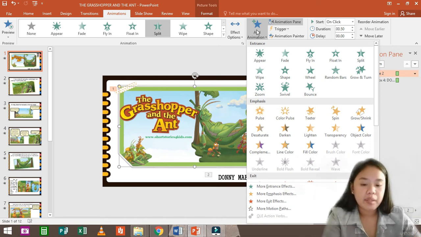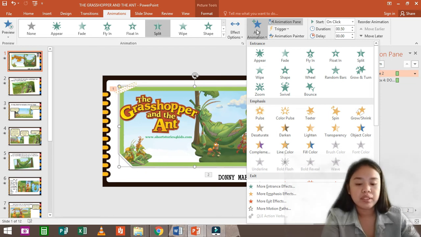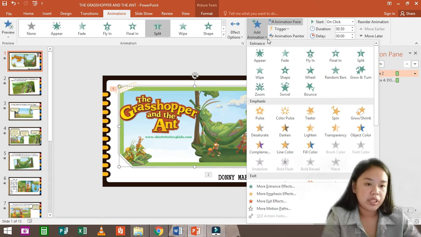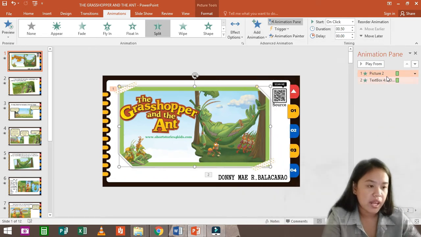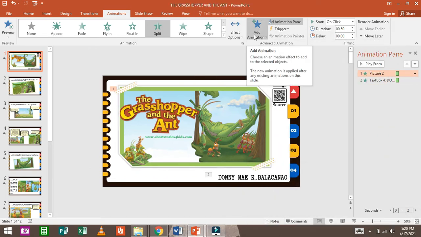You can add animation to any element in the slide, and you could select the title, bulleted list, or graphic. Click the Add Animation drop-down button to preview the effects. So here, you will see the effects. So the next one, as you click one effect, the menu appears with a list of effect